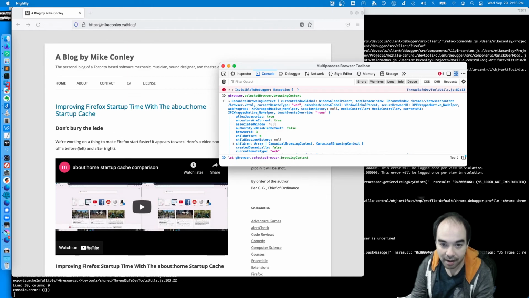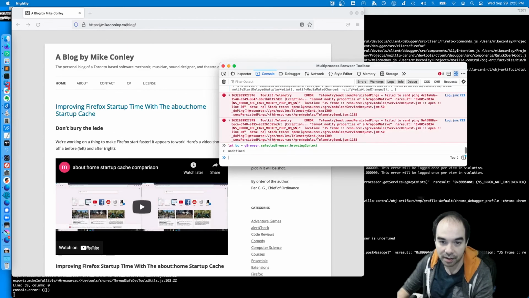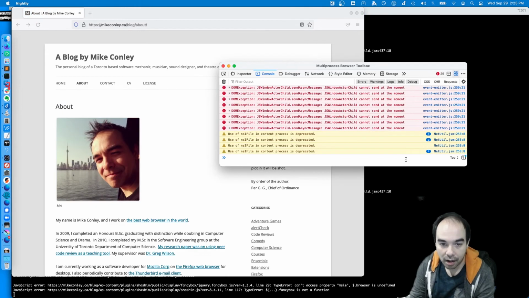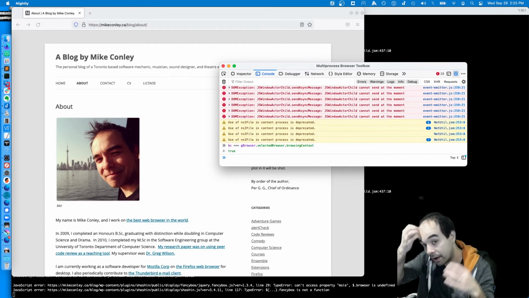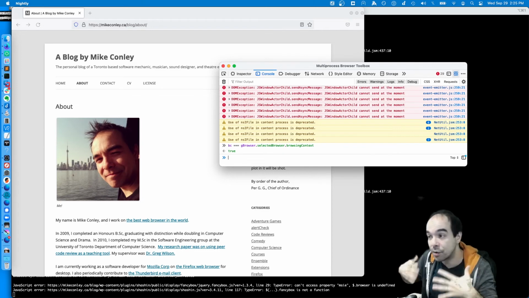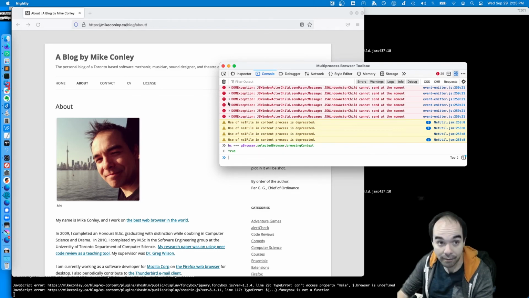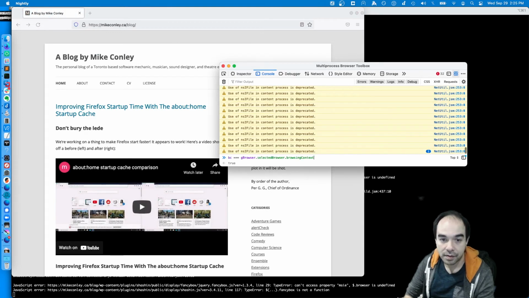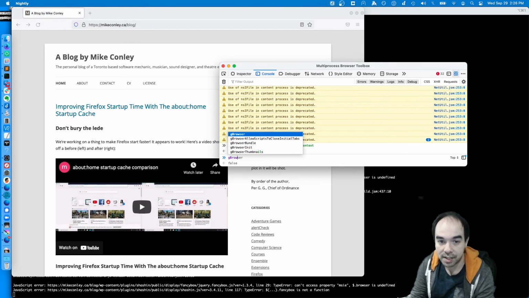Like if I say let BC equal browsing context, and then I navigate, then BC should be the same. So it's very similar in some ways to the outer window, in that it survives navigations. However, the inner window, let's go back again. So BC is still true, but if I do gBrowser.selectedBrowser.browsingContext.currentWindowGlobal,